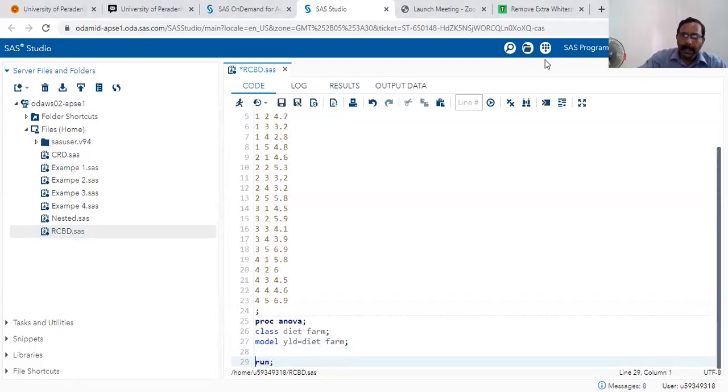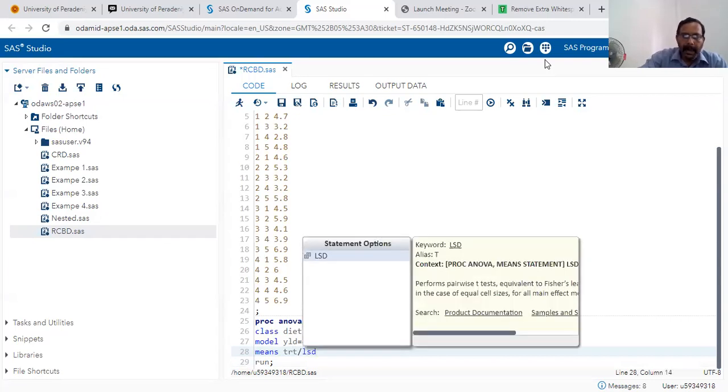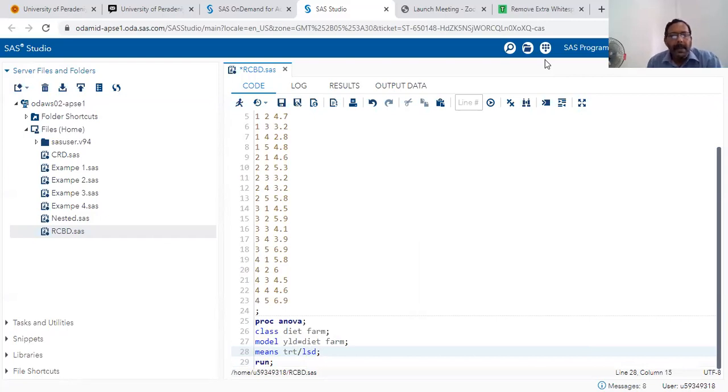So here 4 diets are there. So I can use the LSD, no problem. Means here, can I write treatment, stroke, LSD? Am I right or wrong? Wrong. What to be written? Treatment and block points. Means